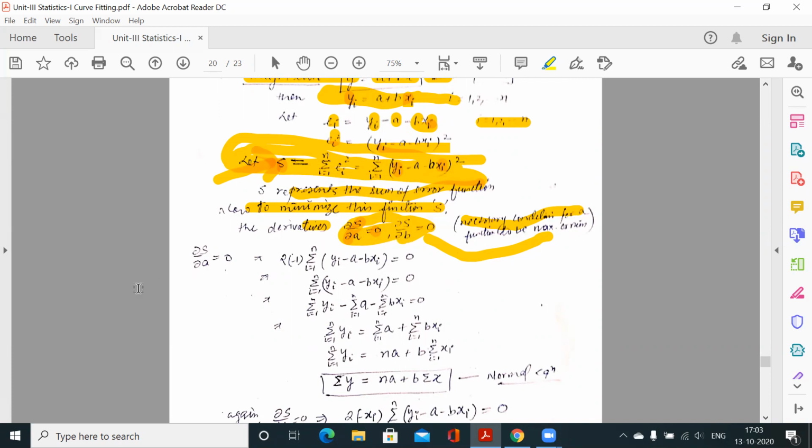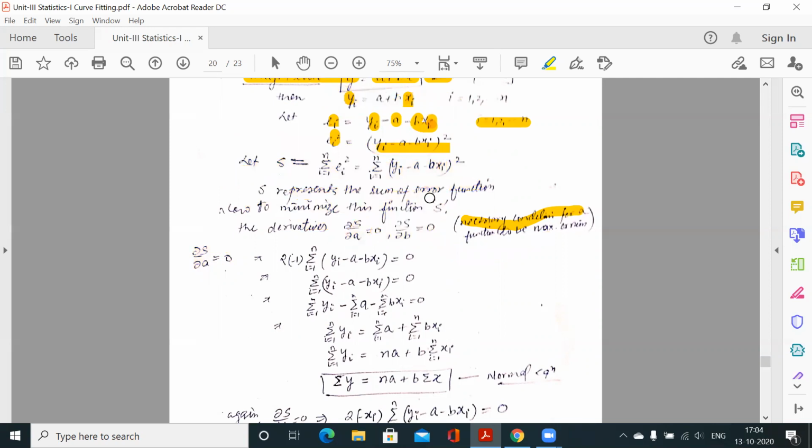So for minimizing, we get the solutions, the points where the function will be minimum. Solving these two equations: del S over del a is 0, so we have to differentiate it with respect to a and set it equal to 0. Because y_i and x_i are constants with respect to a, and because this is a power, for power differentiation first it will be 2, and the next power is 2 minus 1, so (y_i minus a minus b x_i) to the power 1. Now the differentiation of the component: y_i is constant, so 0.